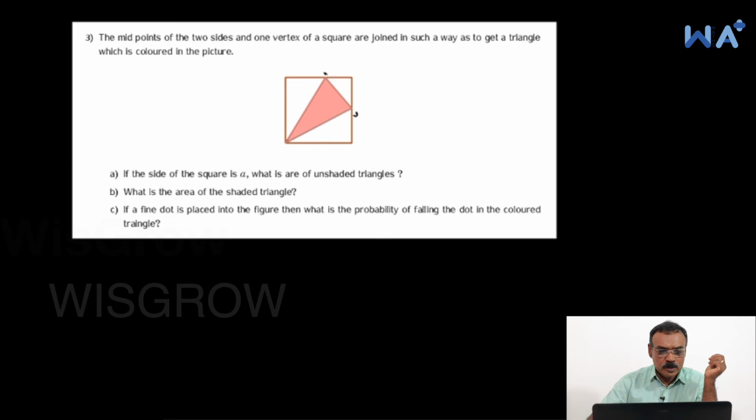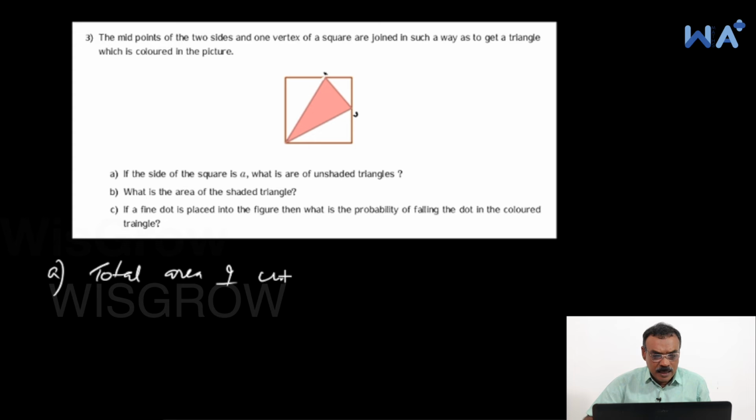ഓക്കെ, ചോദ്യം ഇതാണ്. ഈ വൺ സൈഡ് ഓഫ് ദ സ്ക്വയർ ഈസ് a, what is the area of the unshaded triangles, total area of the unshaded triangle? നമുക്ക് പറയാം, ഇവിടെ മിഡ് പോയിൻ്റ് ആണിത്. അപ്പോൾ ടോട്ടൽ ഏരിയ ഓഫ് ദ ട്രയാങ്കിൾ, ടോട്ടൽ ഏരിയ ഓഫ് അൺഷെയ്ഡഡ്